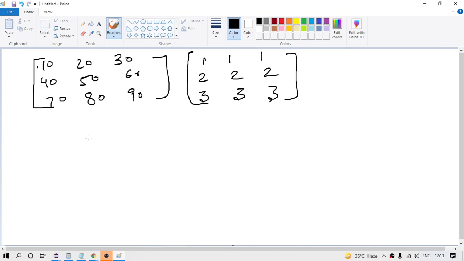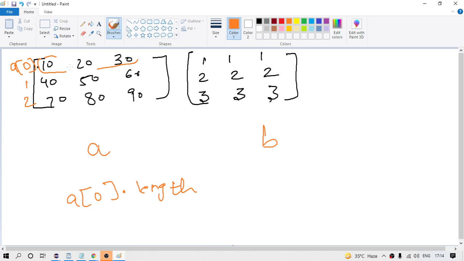This is our array A, this is our array B. If I say A of 0 dot length, what does this mean? This is our index number 0, 1, and 2. So what is the total length? Which means it is going to run 3 times.